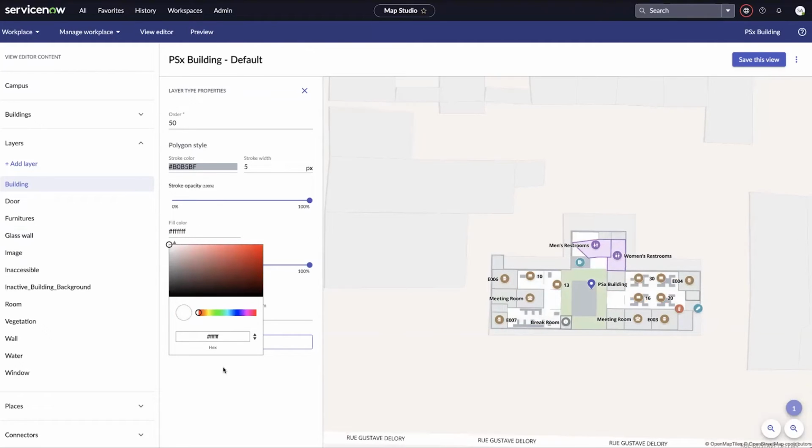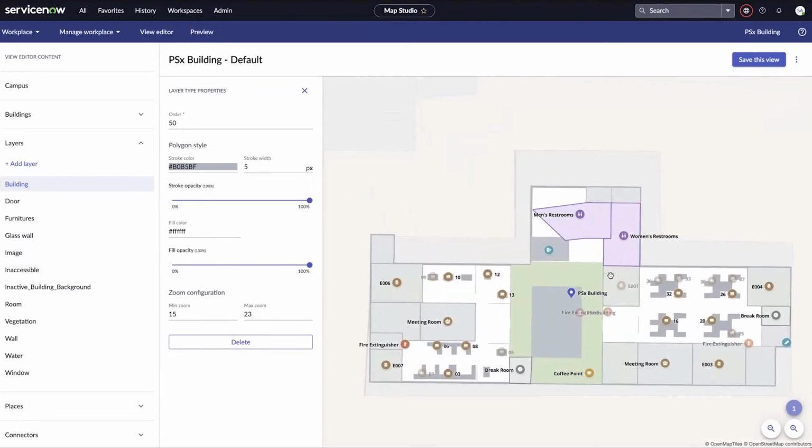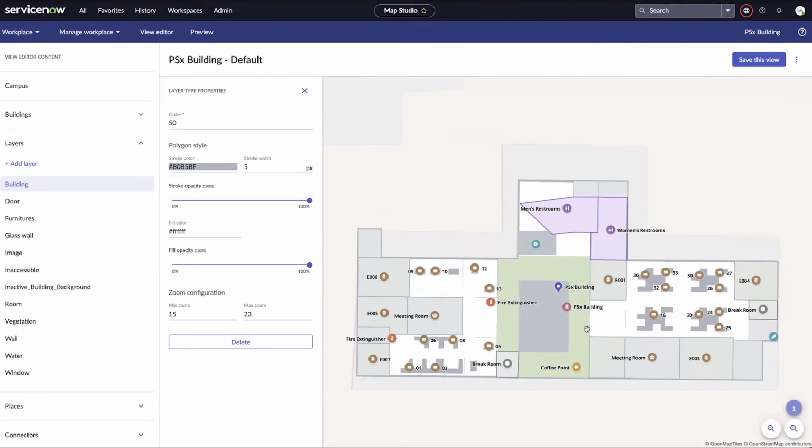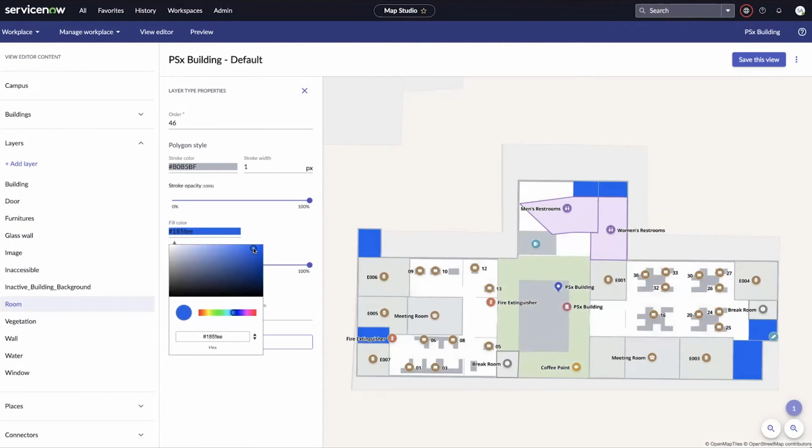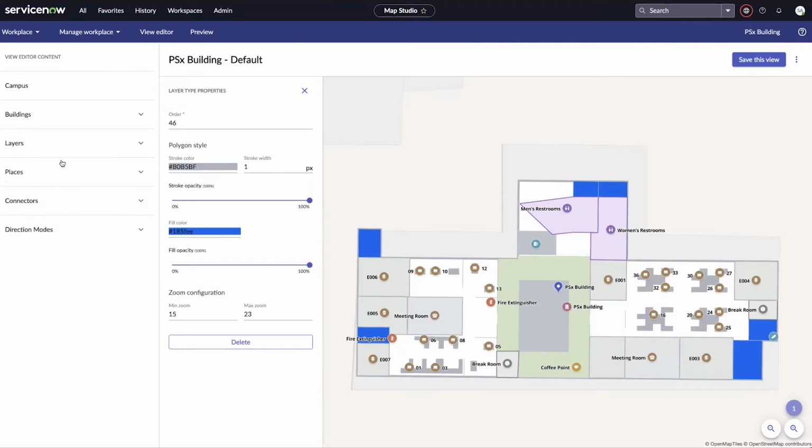And so these layers are different from place types, right? Yes, they are the layer types, and by default, all the place types are on top of the layer types. So, for example, if I click on rooms, since most of the rooms are covered by a place type, I won't be able to see all the changes. So here, if I click on the fill color and make it blue, as you can see, some rooms are changing. But if I go to my places and I take a look at the